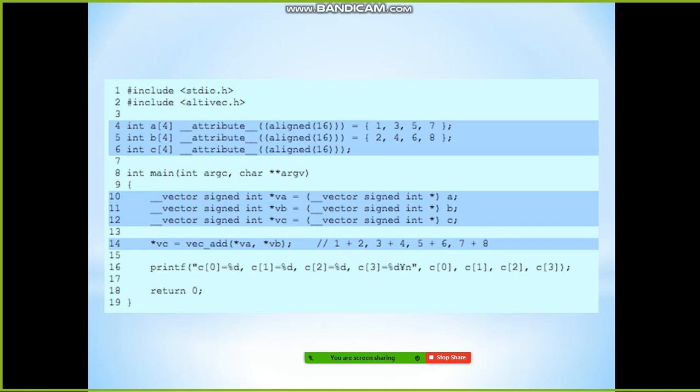From line number 4 to 6, we declare input arrays named A and B, and C is the scalar array to store the result. Then from line number 10 to 12, vector signed is necessary for SIMD processing. So VA, VB, VC are the pointers to the vectors.